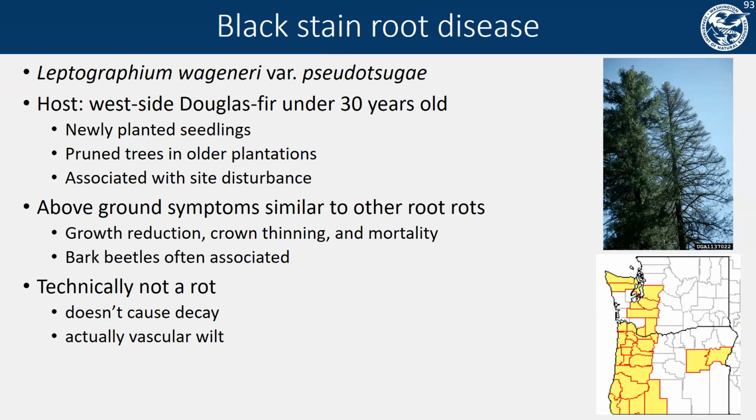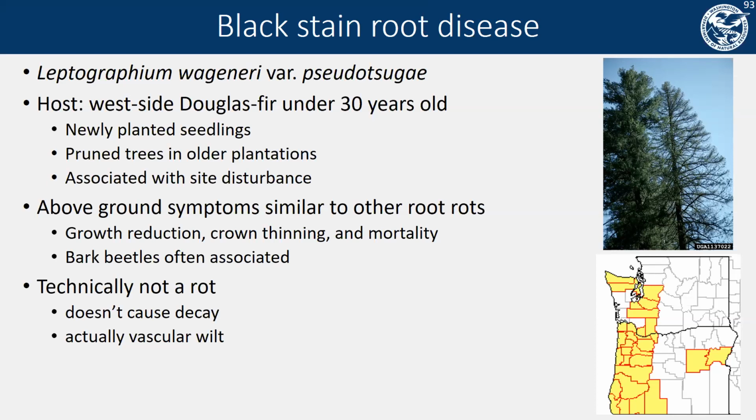I've been saying black stain root disease, and that's because it's technically not a rot, as it doesn't directly cause decay of the roots, though dead wood will eventually decay by lots of other organisms. This disease is actually a vascular wilt, which is pretty cool and very uncommon on conifer trees. There are other vascular wilts that impact our hardwoods. What that means is this pathogen sort of clogs the vascular tissues in the tree. Basically, the cells that move water from the ground up to those leaves are clogged, and the tree slowly is